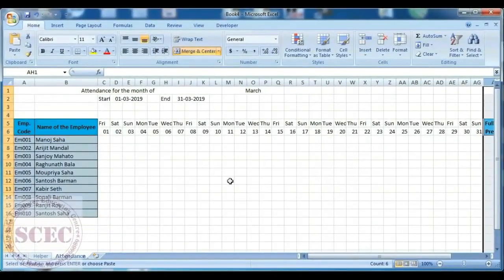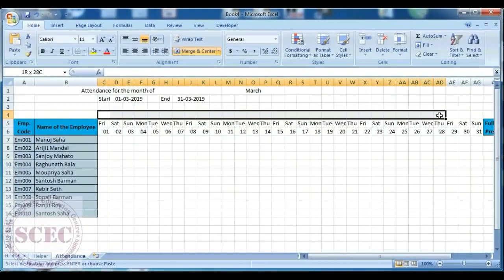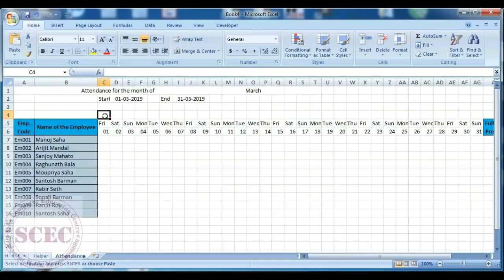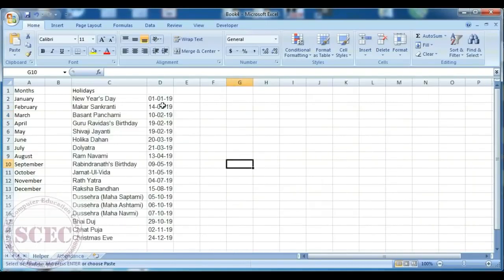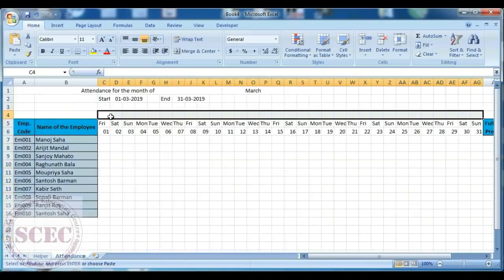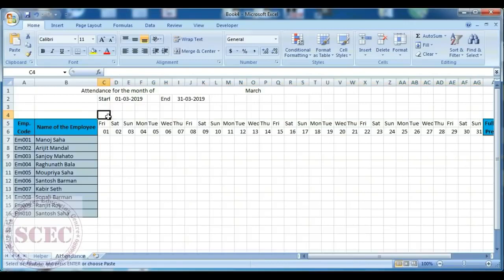Now we will set a helper row here which will help us to make the sheet automatic. So here we'll put a formula which will give a result with numbers, that is it will give 1 if there are no dates, and it will give any number that is equal to the dates. Here it will be 1, 2, 3, 4 or anything, and other cells will give 0. So how could we do this? First click here, then press equal to.